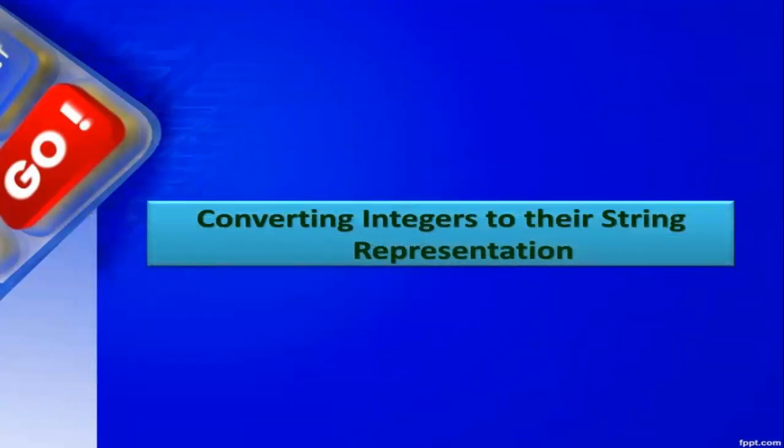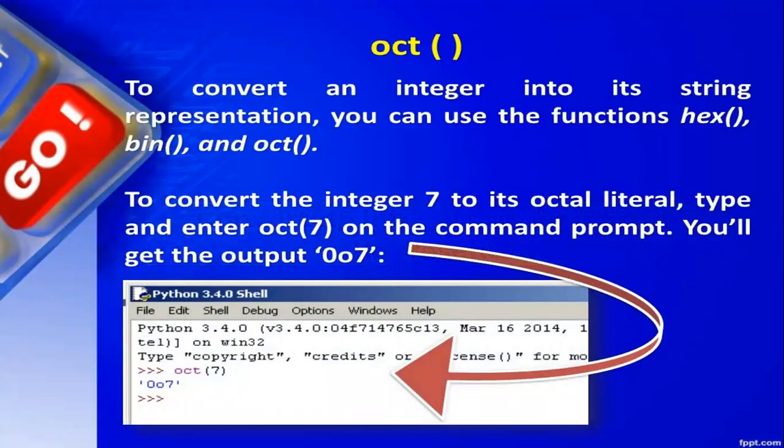Now, if you have to convert the integer to its string representation, we have to use inbuilt functions. Inbuilt functions are like how we take a phone and we have inbuilt apps. Similarly, with Python, you have some inbuilt libraries, modules, functions which are ready for us to use. We have learned len last time. Today we saw int, and now we are going to see hex, bin, and oct.